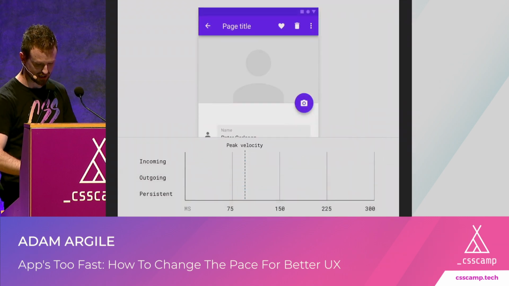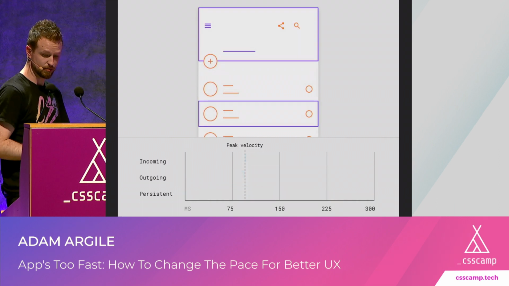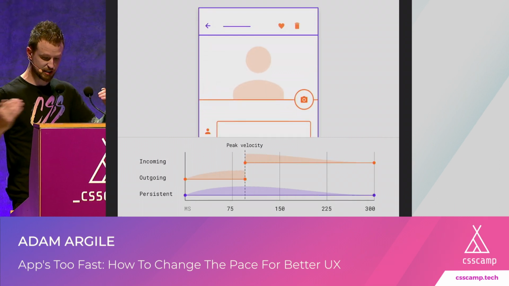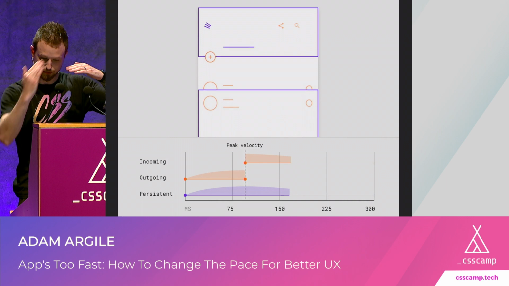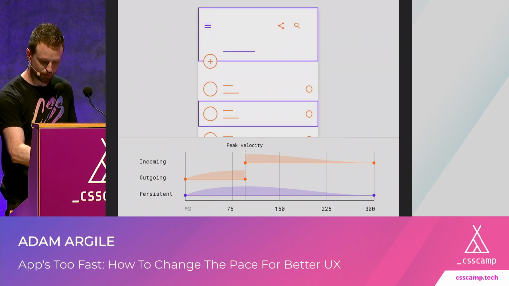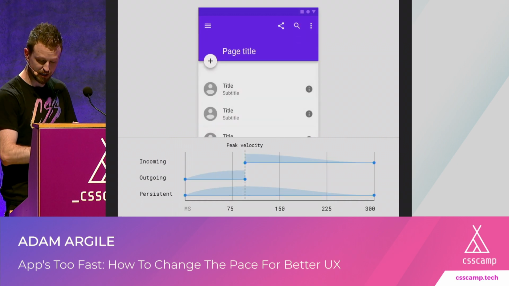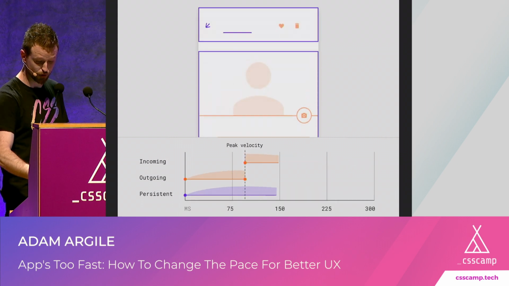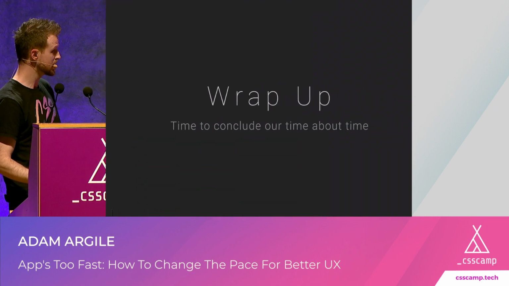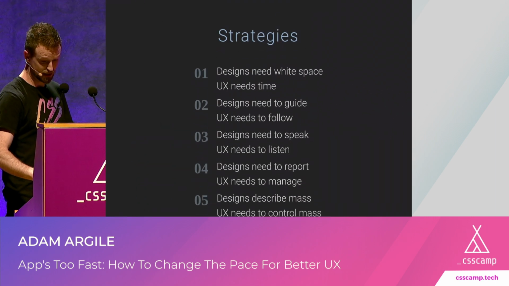And I think this is the last slide. So this is one I really want us to look at. We're going to go out at a high velocity. Things are going to come in at an equal velocity, but die down. And the things that are persisting, the things that are lasting the whole animation, are the things that are staying in context, and the things you want to draw focus to so that the user can get there. I don't know how much time I have, but we got to wrap up.